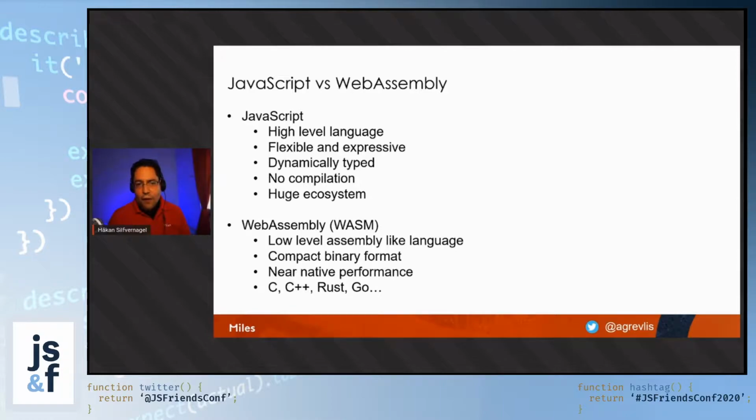So if we compare JavaScript with WebAssembly, we can see that JavaScript is a high-level language. It's flexible and expressive, and it's also dynamically typed. You don't need to compile, and it has a huge ecosystem of packages that you can use. On the other hand, WebAssembly is a much more low-level, assembly-like language. It has a compact binary format, and it promises you near-native performance. So what happens is that you want to use a high-level language like C or C++ or Rust or Go,